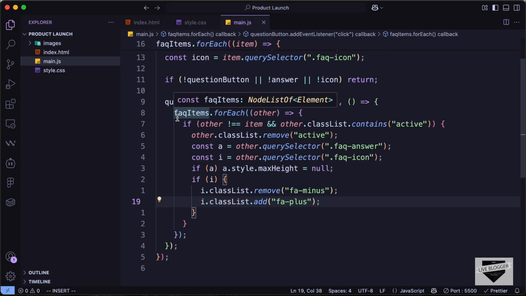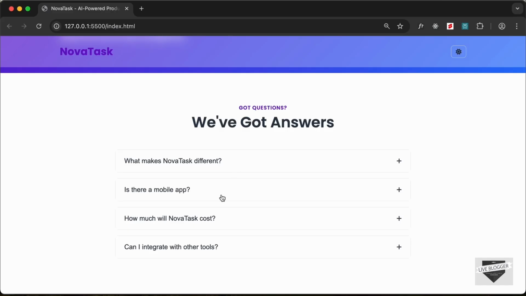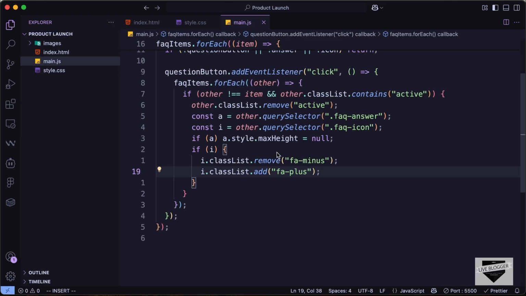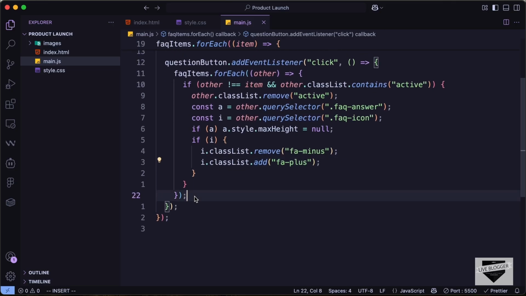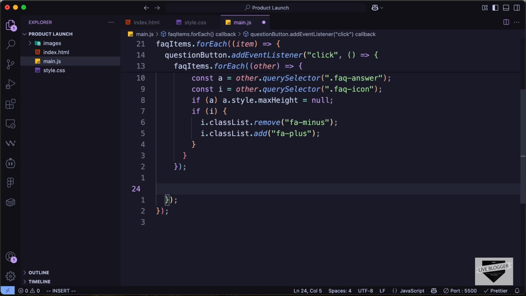Now what we are doing over here is basically that when we click on any of these FAQ items, we need to close all the other questions, and we need to just open the clicked question. Right, now let's go back and let's go outside the FAQ items forEach, and here we'll write the code to add the active class. So let's type